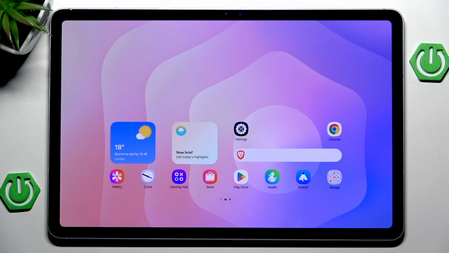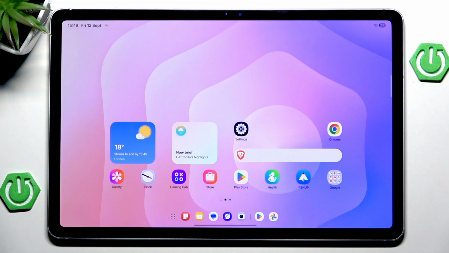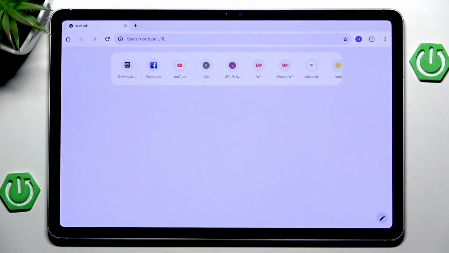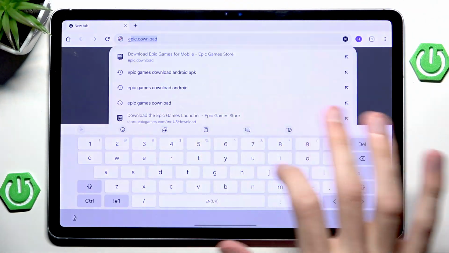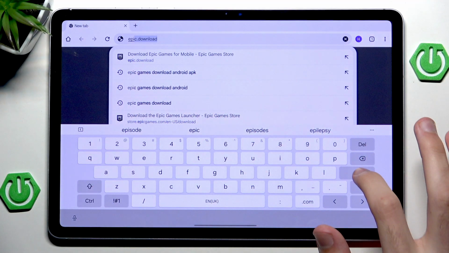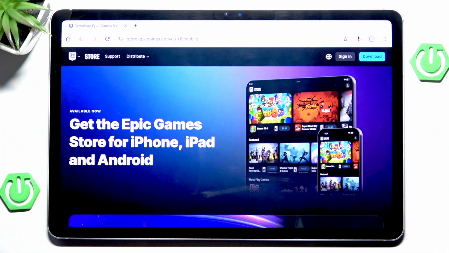If you want to play Fortnite, unfortunately you have to install something else. Let's go into our Chrome tab and search for Epic Games Download. As you can see, it is epic.download. Let's hit go. And here we have